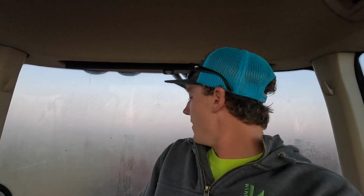Well, I'm letting this thing warm up here for a little bit. Windows are all fogged up, so the heater's rolling. Last night I was working, man, these lights on this tractor are something else. They are bright, and this guidance is pretty sweet. Everything seems to be running pretty smooth. Got everything set. So normally on a Pro 700, when you do a roll cal, you've got to get,